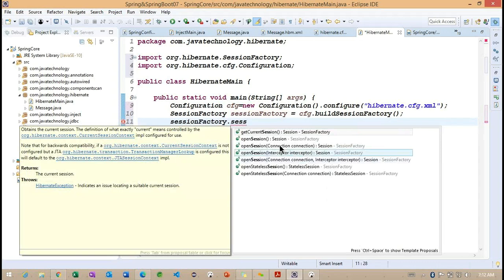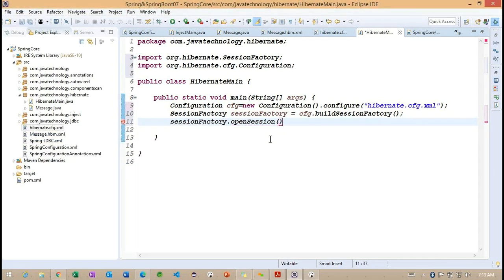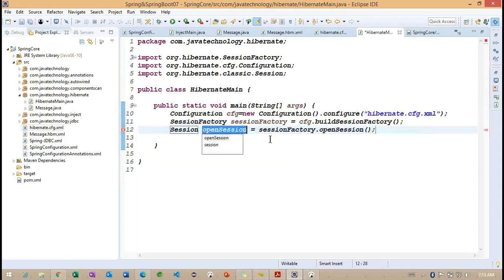We are going to work with the session here. So let me work on the open session here. Now observe, if I use Control+1, we are going to get a session object here. So based on this particular method, we are going to create a reference variable here. This is also so important. Now we provided open session, and we are getting it here.